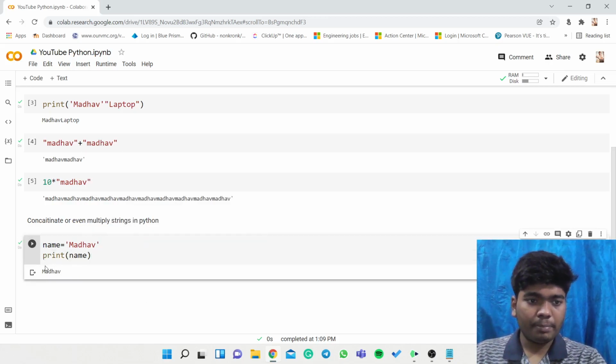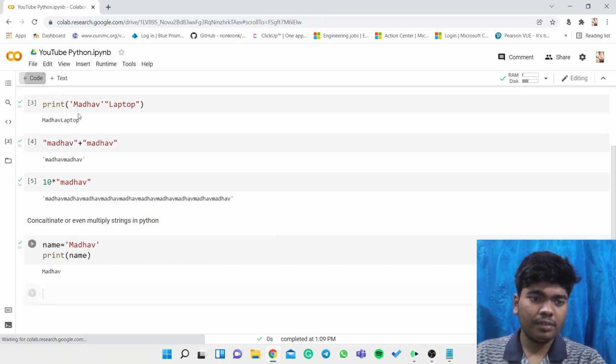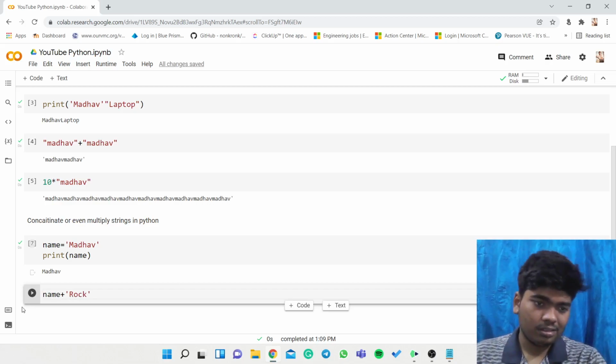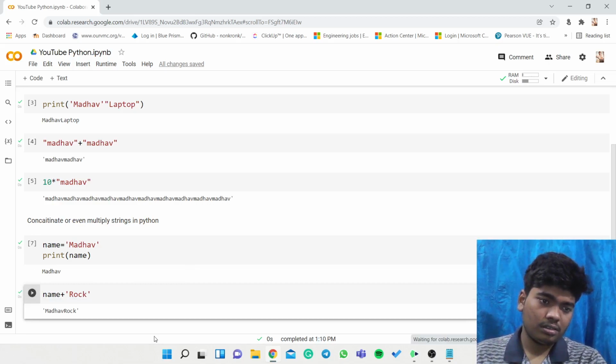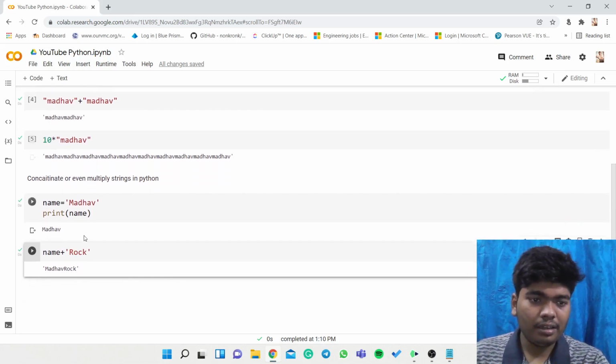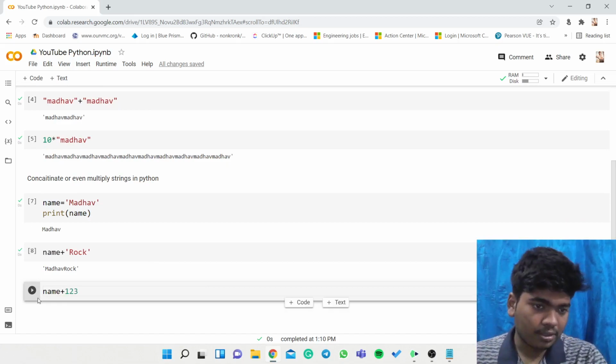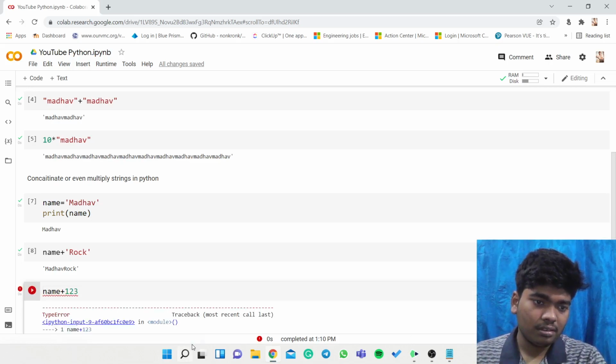So it will just print the name as Madhav, and now we will try something new, that is name plus rock, Madhav rock. So here we can see, I think we can also add name plus number. I think that is possible. Now we will see.